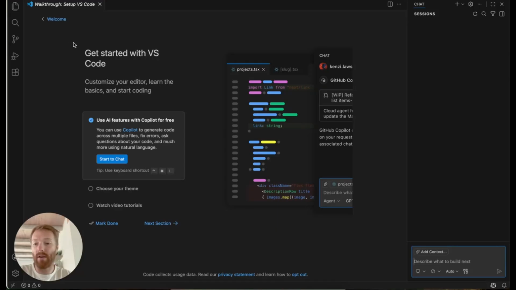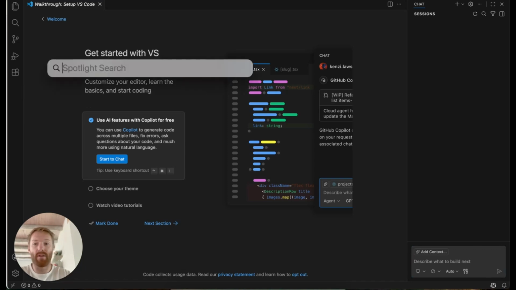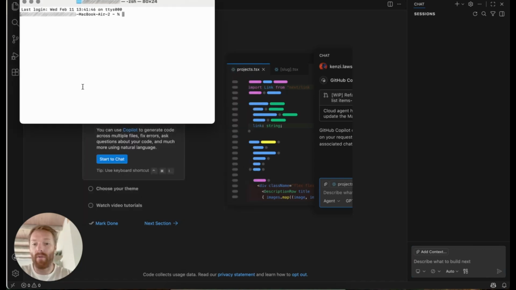You might need to download Git. There's instructions to do so at the top. Just follow that. You might need to go into your terminal. They can seem a little bit terrifying if you haven't done it before, but it's quite basic. Again, use your LLM to guide you through that. Or otherwise, if you need to, just search up here for terminal, open it up, and then go to Git